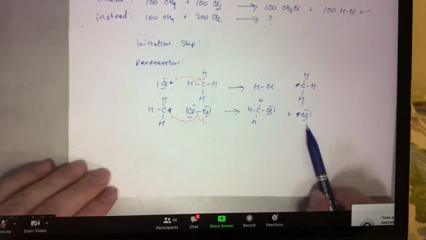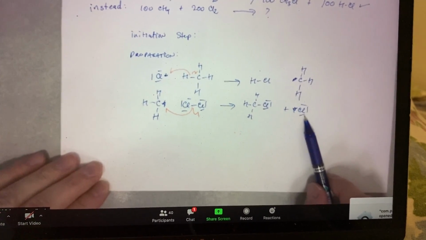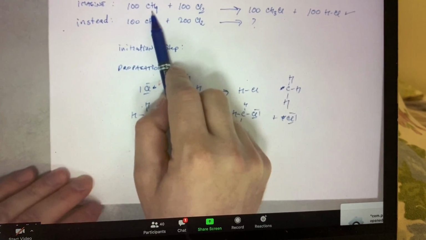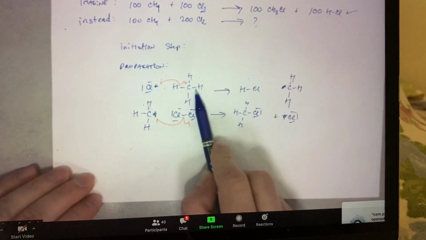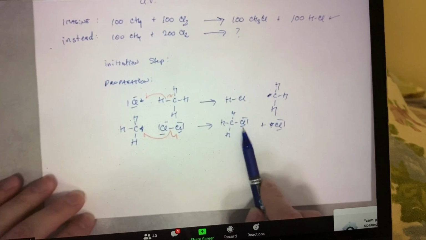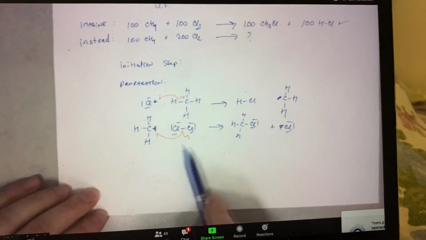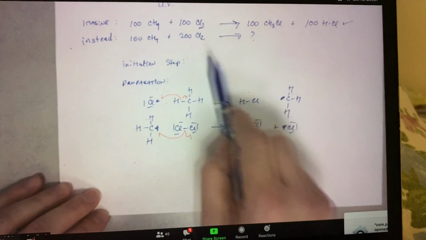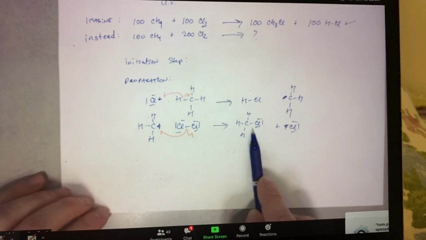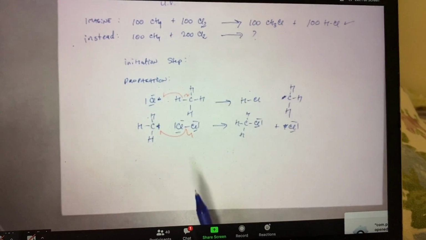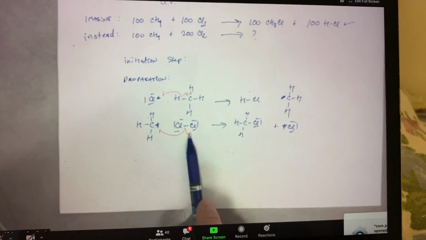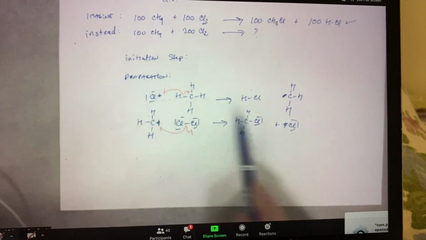Chlorine radical then goes out hunting for another methane molecule. And in this reaction, there's lots of them. So chlorine goes out, finds another methane molecule, makes another methyl radical, makes another molecule of methyl chloride. And this process keeps happening over and over again until we run out of Cl2. When we run out of Cl2, this reaction stops and we can't keep going anymore. Let's imagine, though, now that we have lots of extra chlorine floating around. So after some time,